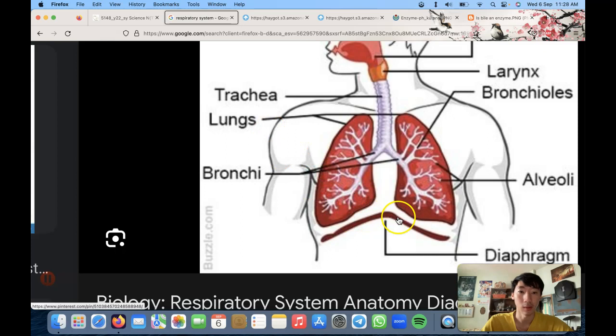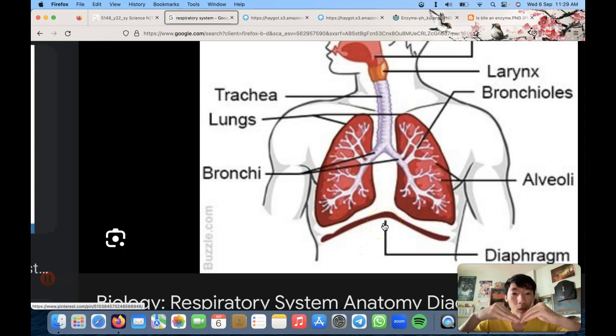Okay, let's talk about the diaphragm first. The diaphragm is a bit like an N shape, right? When the diaphragm is contracting, it will actually go downwards. If you pull this diaphragm down, you get more space for your lungs, and so your lungs will expand. When they expand, the oxygen can then enter into the expanded lungs. Okay, so that's the function of the diaphragm.